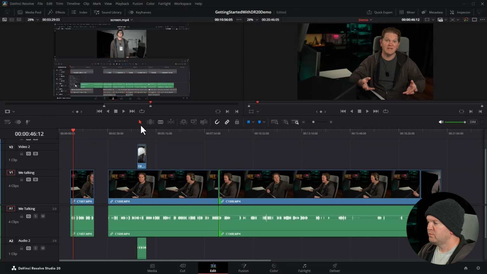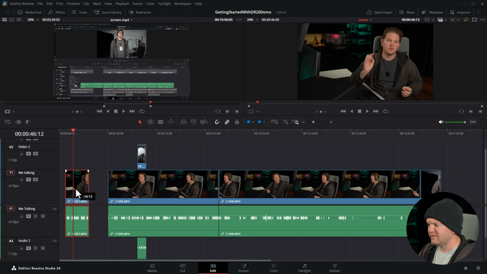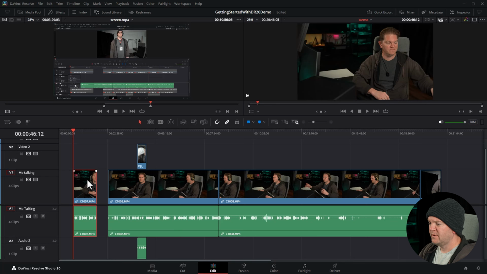This is how you move clips around on the timeline in DaVinci Resolve 20. Make sure you've got the pointer mode selected by clicking here, and then just click a clip and drag it left and right. To move a clip up and down, drag it up to move it to a higher video track, and you can see that the linked audio also moves to a